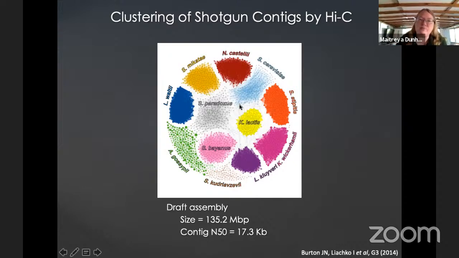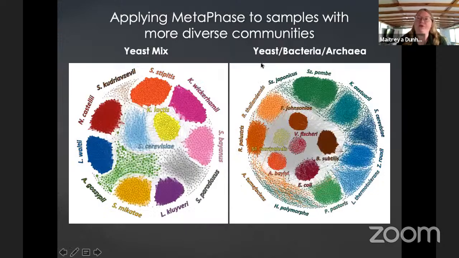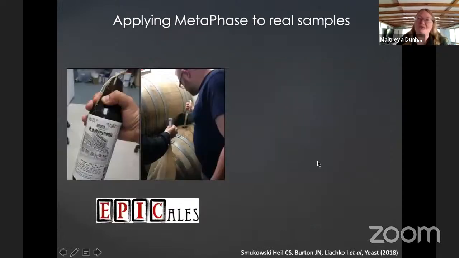These gray lines represent a few different types of things in the data. One is that there are sequences that are very closely sequence similar among the different species, and so it could be representing that. And in fact, in other work, we and others have been able to show that you can see things like a plasmid that's kept in multiple different species if you look at these more carefully. And some of them are just artifacts of the mapping. Okay, we also went next door to the microbiology department and got some bacteria and archaea to make a more diverse population, and we were able to find those as well. Okay, so now back to the beer.